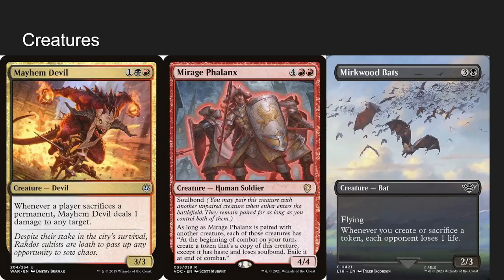Mirkwood Bats is excellent because whenever we create or sacrifice a token, each opponent loses 1. And again, even cards like Mirage Phalanx, where we make a token, each opponent loses 1 life. He specifically says exile, but all the other stuff that just says make a token. If we have to sacrifice it to the legend rule, I guess, which we will have to do, that is